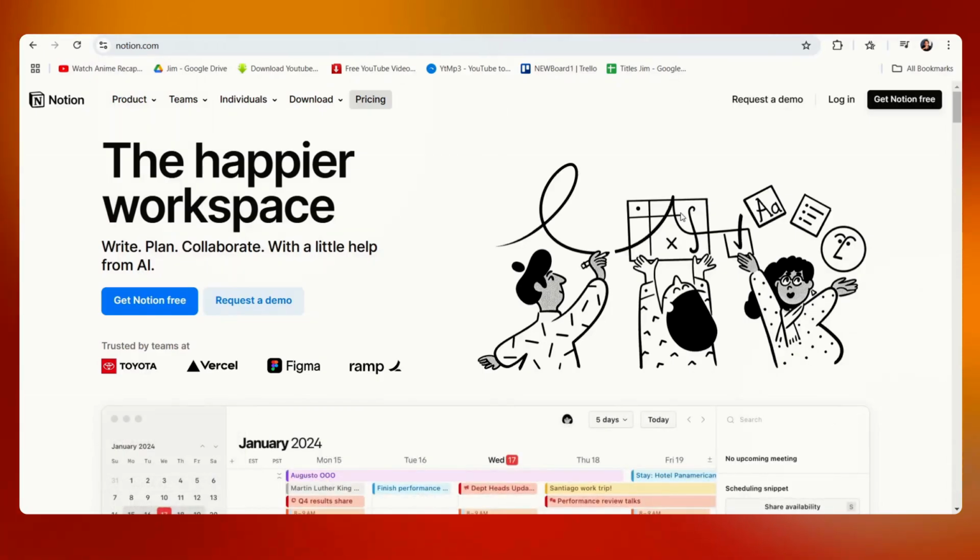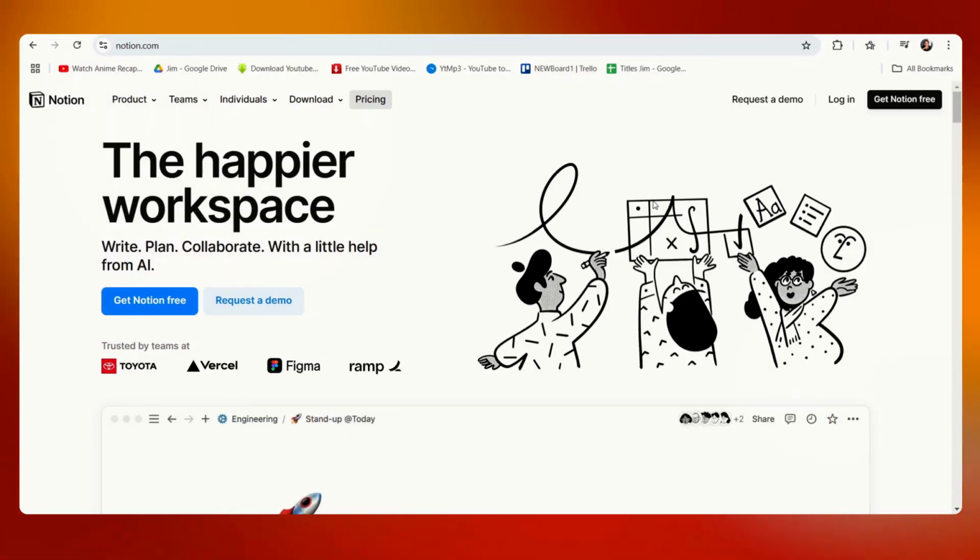Hi there, and for this video, we're going to make a comparison between two software management tools, namely Notion and